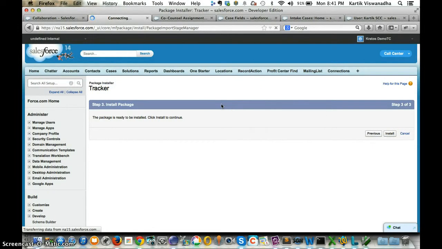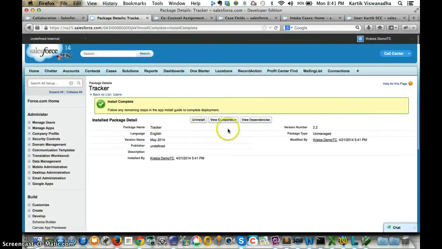The package should install fairly quickly. There is a permission set in the package for the case feed. You can assign the permission set to the users who do not have the permission. You don't really need to make any changes to the system admin user, because they already have permission for everything. But if you are testing for a different user who is not a system admin, make sure that you assign that case feed permission to that user. Just taking some time, and it's done.